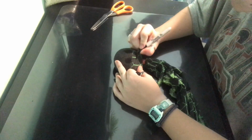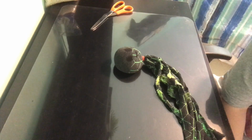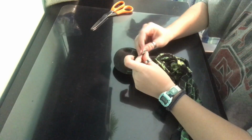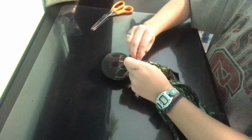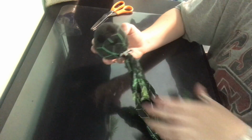If you want to get fancy and pull out your hot glue gun and add some eyes like I did to the one at the beginning of the video, you can glue on anything you like. My favorite thing is to add a top hat though. I didn't have one on hand for me to do here, but you can just use a little medicine cap or something like that, and you get to make a fun